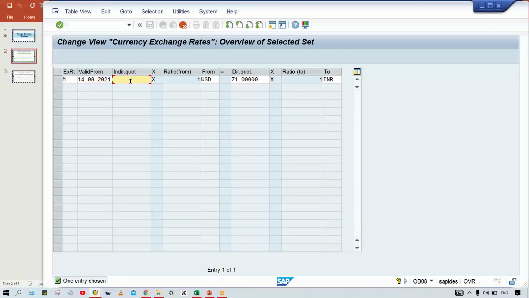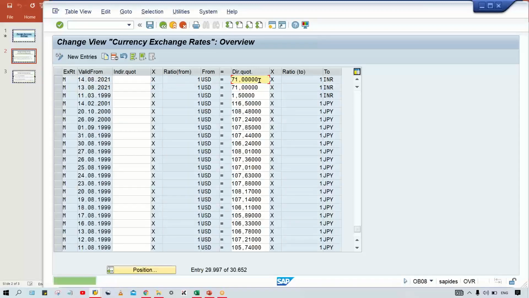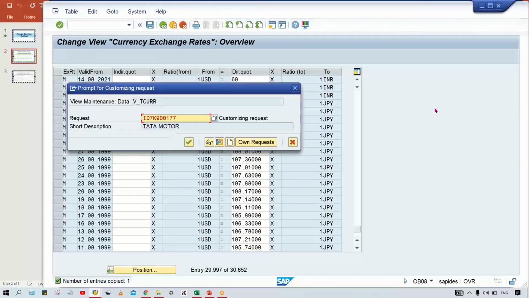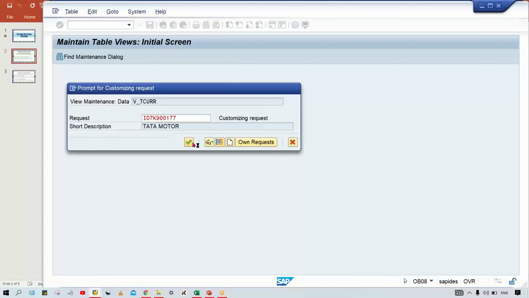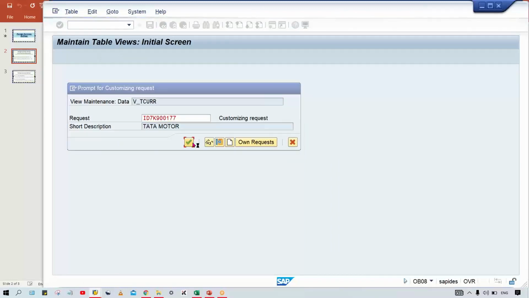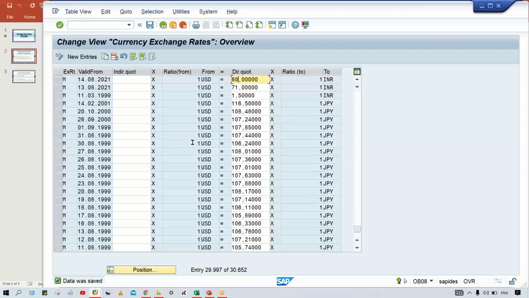Okay. There is a logic behind this indirect quotation and direct quotation also. That also I'll explain. So now on 14th, I'll make it, let's suppose, generally 60 rupees, right? So this much differences will not be there, but anyway, for practice, we can maintain anything, right? Differences will be quite, very small differences only will be there. But anyway,